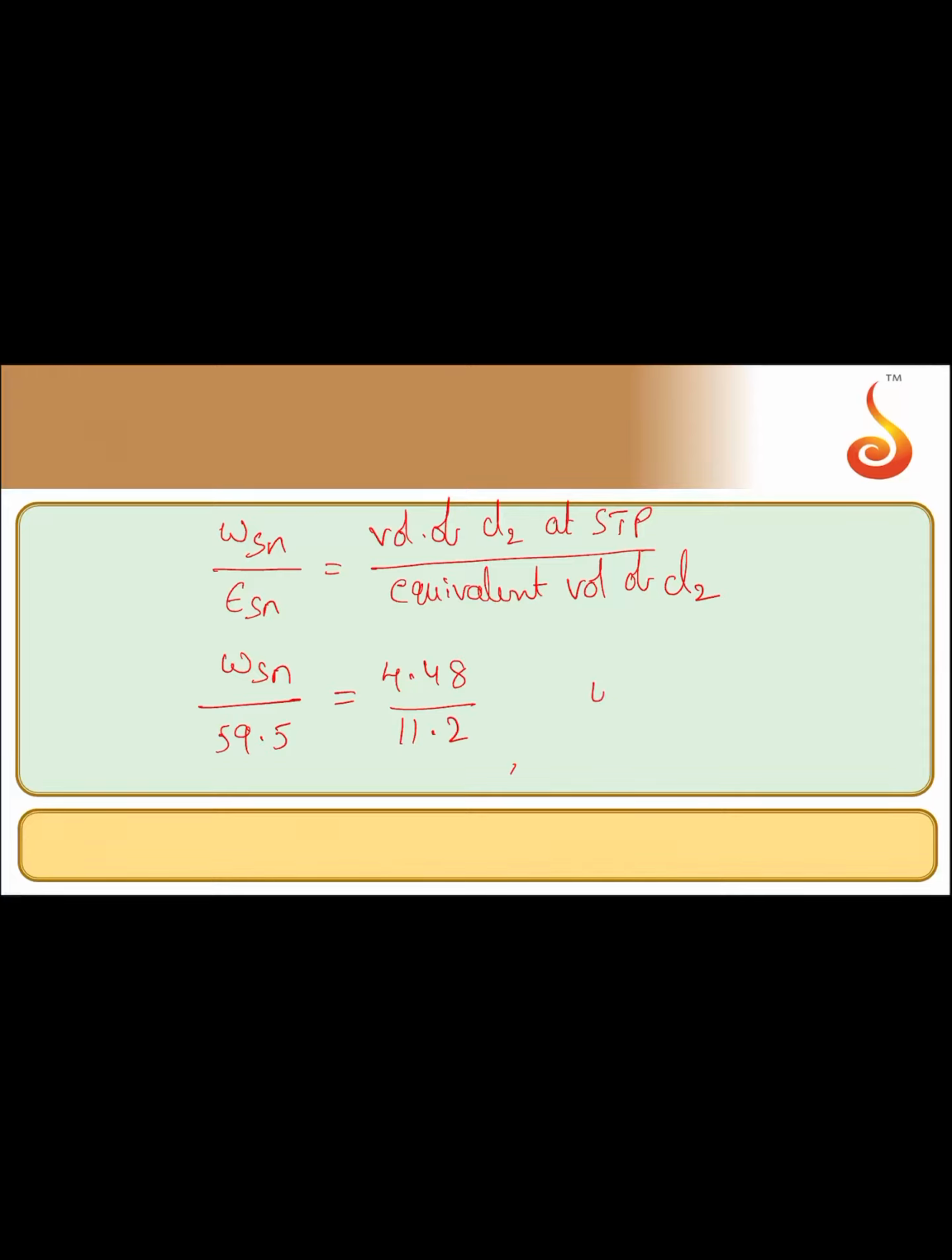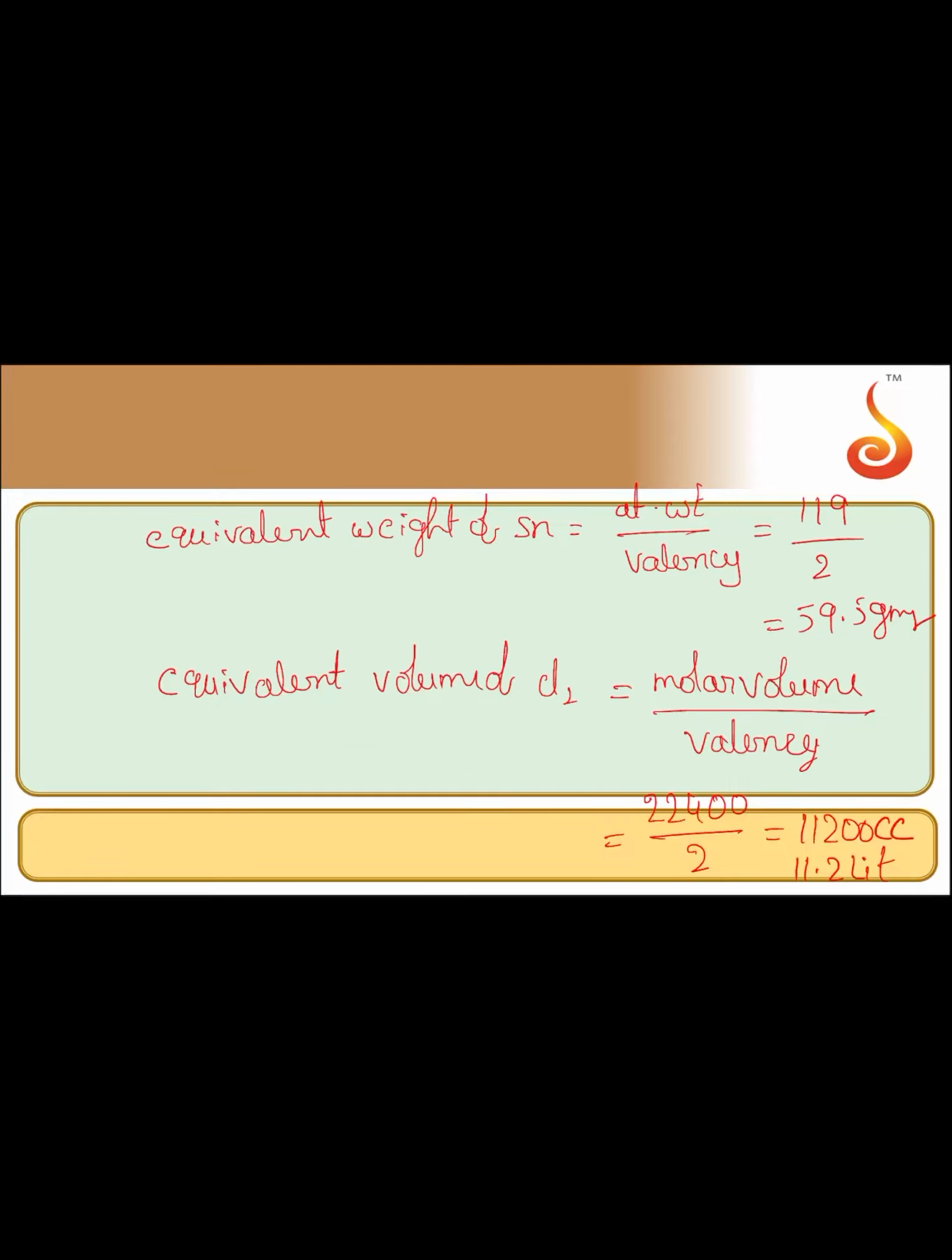If you calculate the value, you will get weight of Sn is equal to 4.48 into 59.5 by 11.2. You will get the value 23.8 grams. So the answer is